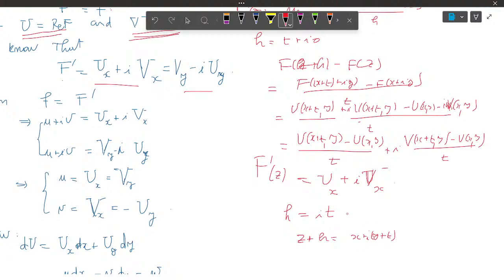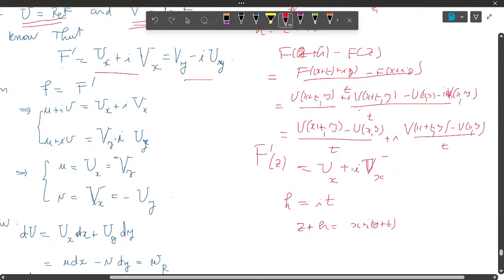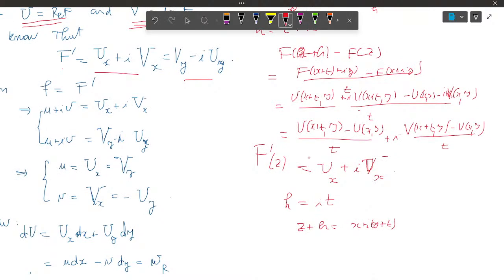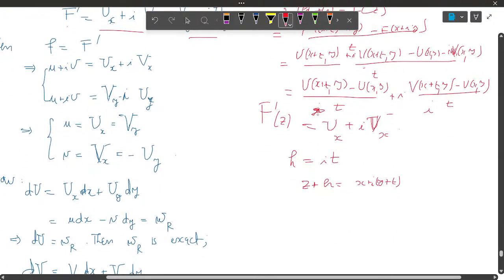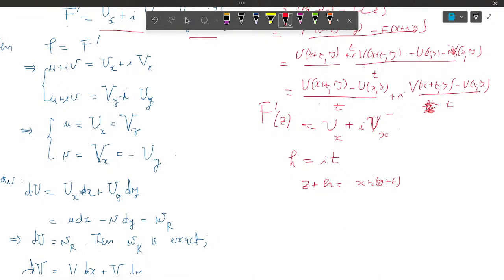So when we do the difference, we are going to have the same thing here, except that here we have i, and there we also have i. But it will shift now. So let me write it properly. If you write it properly, we're going to get something like